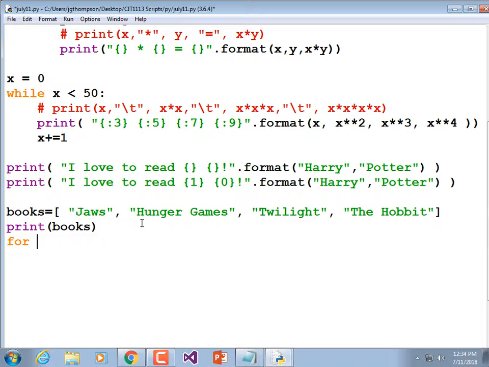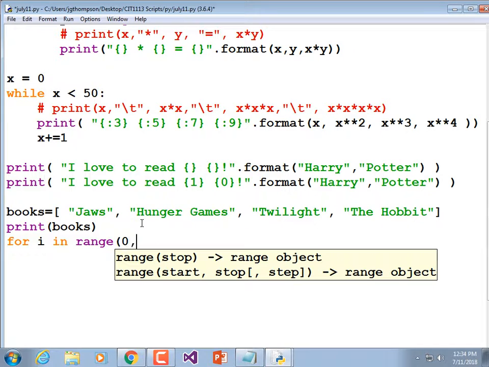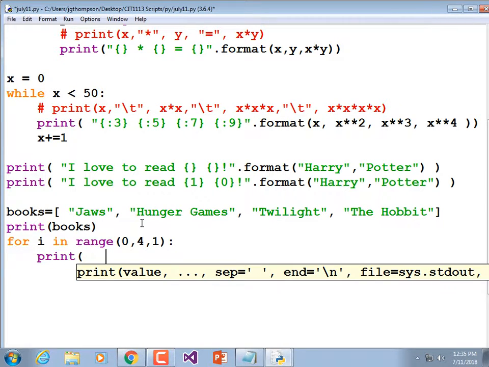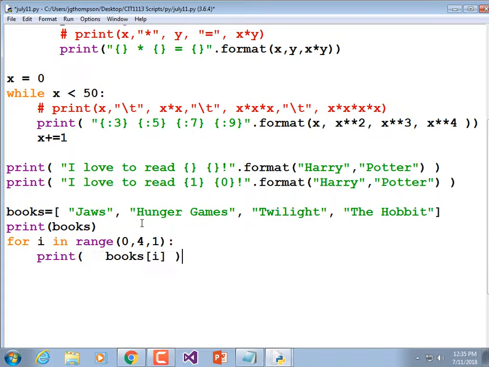And I'm going to use i as a counter, as my index. So that's an i, not a 1. For i in range, starting at 0, going up to but not including 4, stepping up by 1s, print, parentheses, books, and when I say subscript, I mean square brackets around it. books, subscript, i. End bracket,